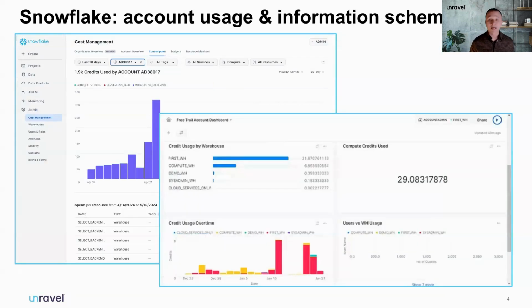Now, on the Snowflake side, there are other native out-of-the-box tools, such as the account usage and information schema views, what I'm showing here. Sometimes these are referred to as system tables. These tables do a great job of providing some informational benefits, right? Specifically, some good cost visibility at that warehouse level. But again, tying this back to that fine-grained, granular cost per app, cost per query level,